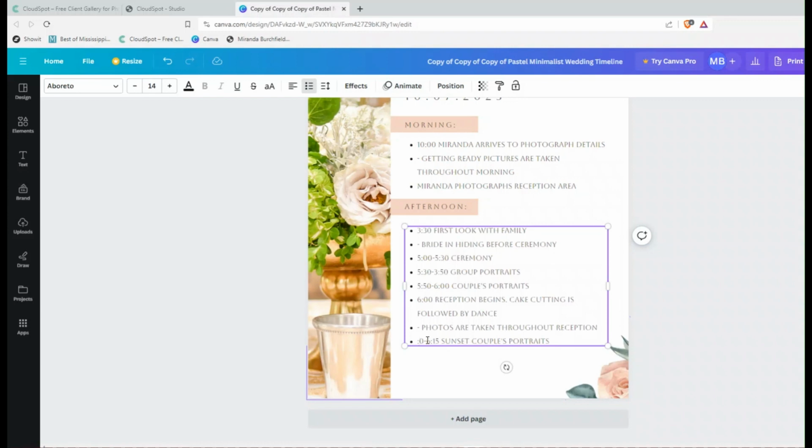Okay, let's see how we can make all this work, because we want to be able to get them some sunset portraits but still be able to enjoy their reception. Okay, so let's just remove sunset portraits afterwards. I was thinking we could squeeze in some more, but I think that's going to be more problematic. Okay, so let me go ahead and add in